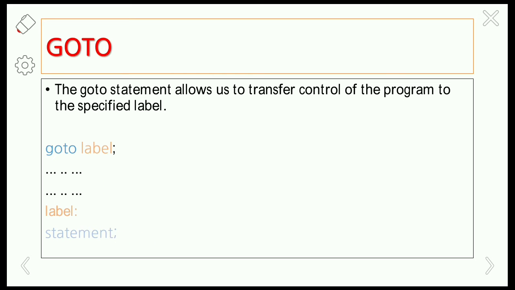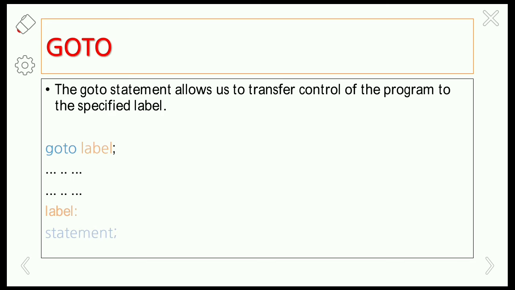Okay, so whenever the goto statement comes in a program, then the control automatically transfers to the particular label in the program. So under the label we are defining some set of statements for execution.